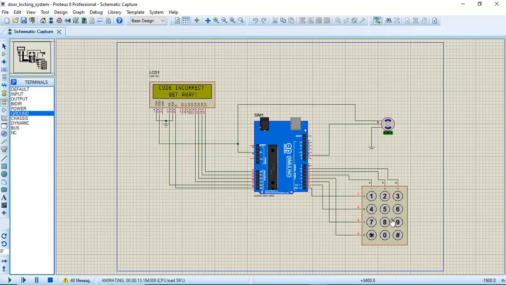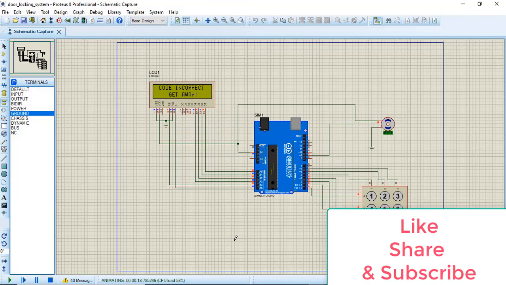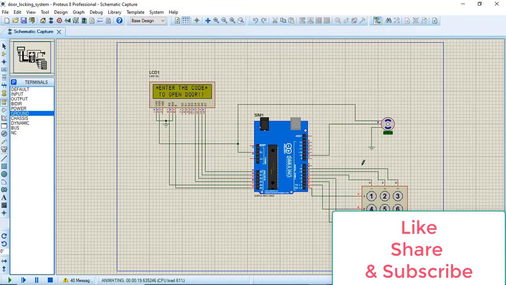The system has stopped me at the first code itself. Let me try again. Now I am getting this message, code incorrect, get away. So this is what happens when you type the incorrect code. The motor doesn't run.